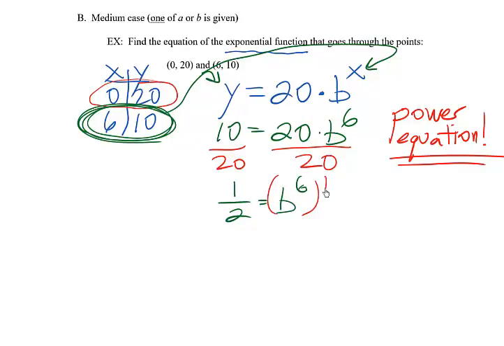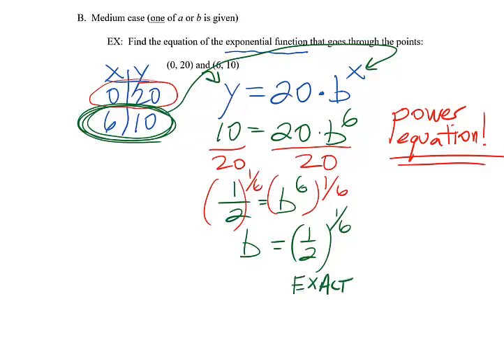The reciprocal of 6 is 1/6. I'll have to do that same step over here on the left as well. And so now my b is by itself. I have b equals 1/2 to the 1/6 power. That would be called the exact answer for b,